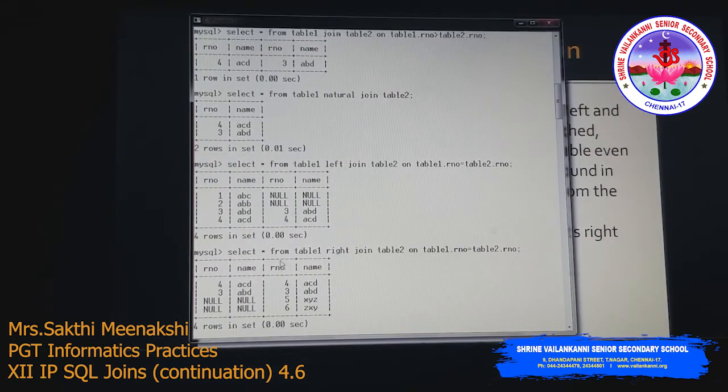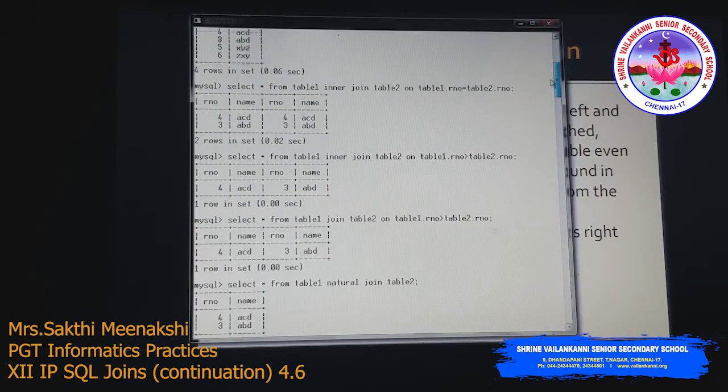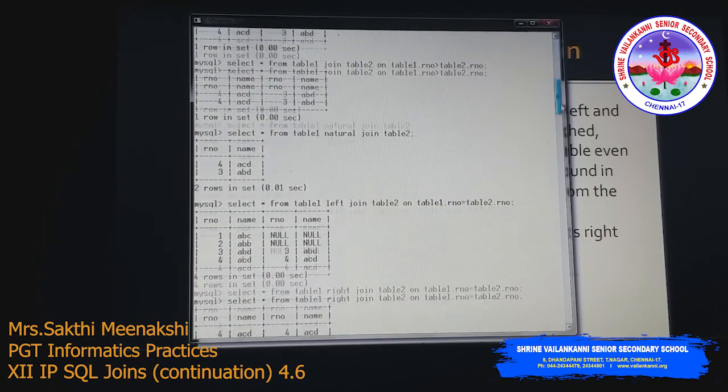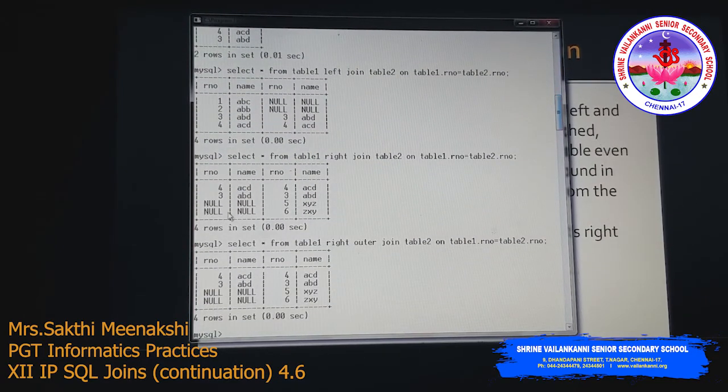Okay, so select asterisk from table 1 right join table 2 on table 1 dot roll number equals to table 2 dot roll number. So all the values from the right table, that is table 2. The table 2 values are 4, 3, 5, 6 and here the matching values are 3 and 4 again. So the result is 4 and 3, and then 5 and 6.